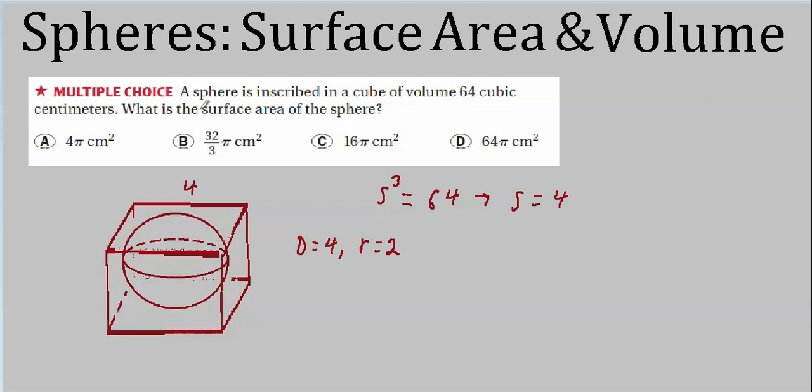And all they want is the surface area. Now we have r. There's only one parameter for a sphere. That's the radius, just like with a circle. So all we have to do is plug 2 into our formula, which is 4 pi r squared, which is 4 times 4, that's 16. So we get 16 pi. Oh, and they put the answers in terms of pi. That was nice of them. So it's 16 pi. Now that's C, and of course this was in square centimeters.